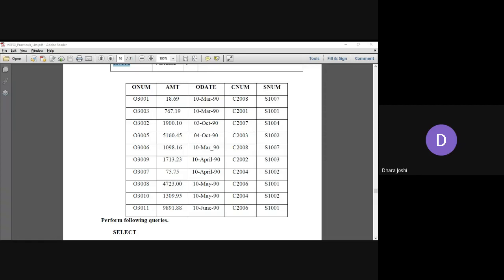Dhwani said same problem in table 1, order 1, inserted order values. Okay, Dhwani, we'll wait for some time. First, we'll complete this customer table's errors and then we'll go for the next one, which is order.